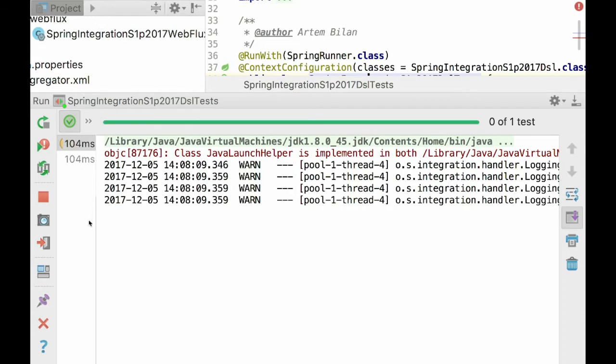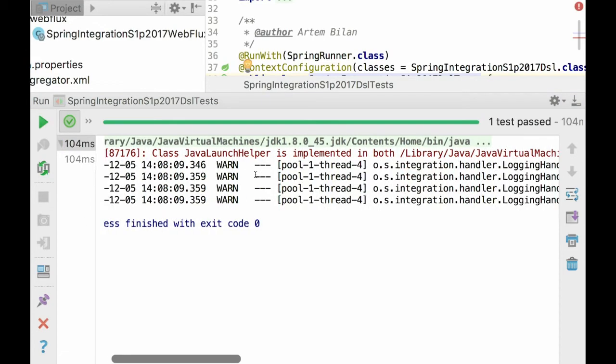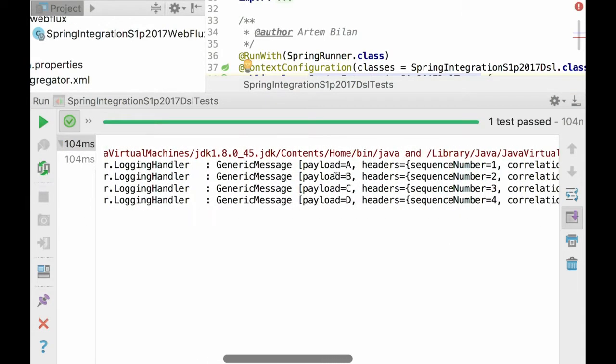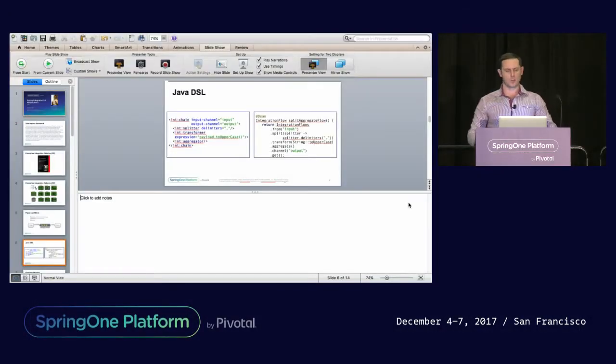After processing, the sequence number is correct, so our test passes. That's one of the new components in Spring Integration 5.0.